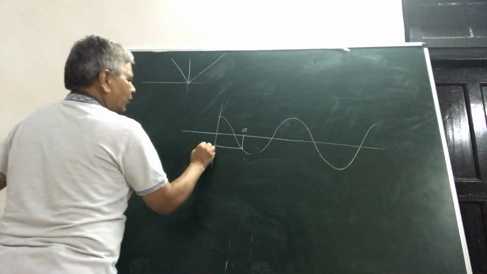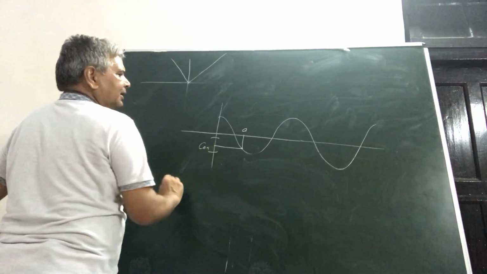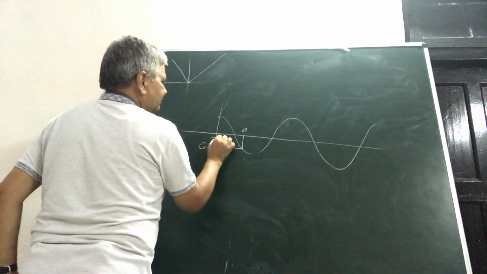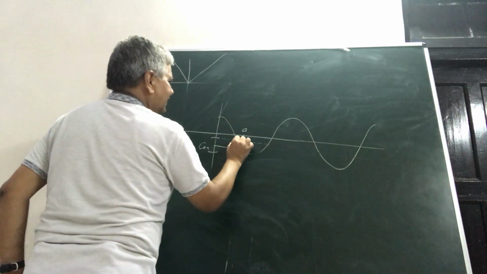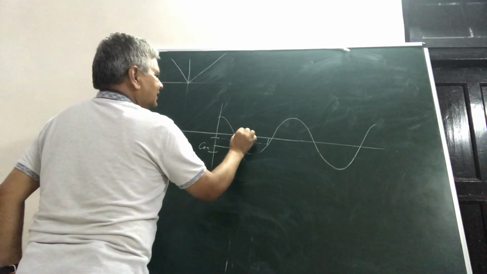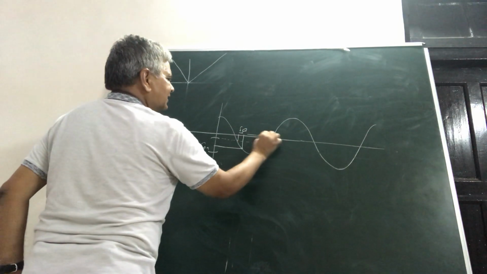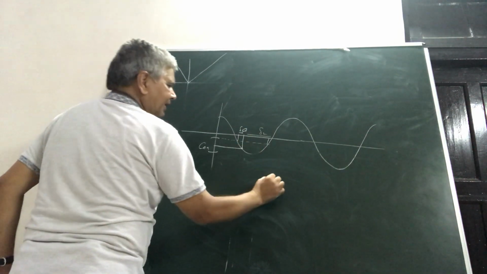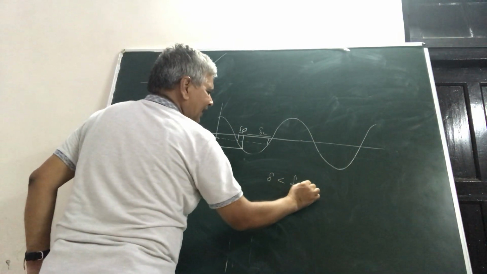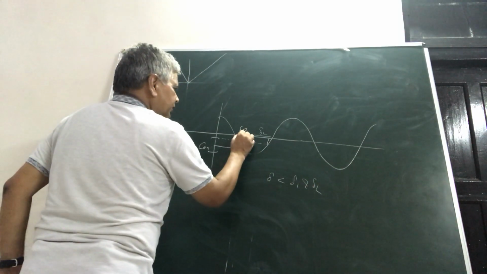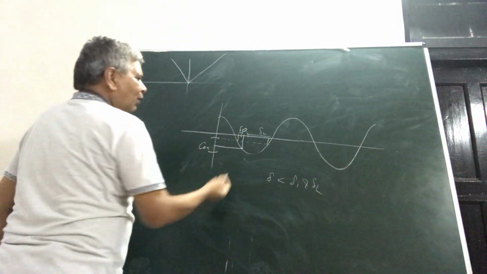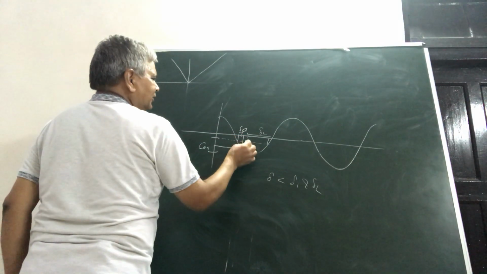at this point a, the value will be cos a. I will take an epsilon interval here, I will draw lines here, and let them intersect here. Say this point is delta 1, this distance is delta 2, and I will take delta to be less than delta 1 and delta 2 both. I have told you, so if I choose this much of interval, then obviously what will happen? All the functional values,